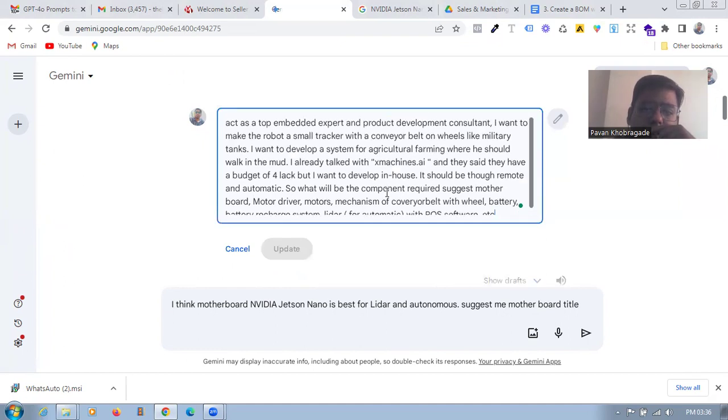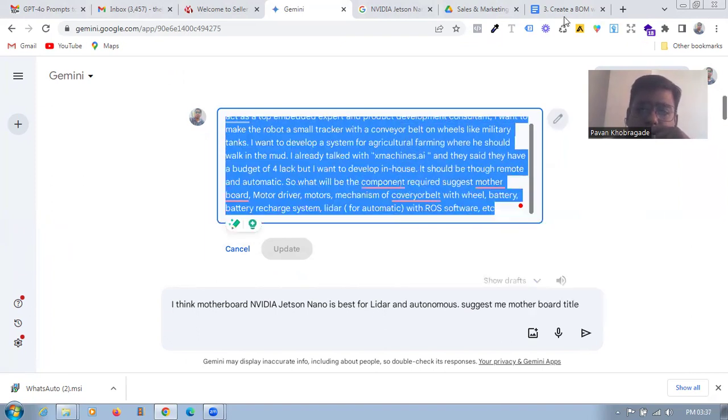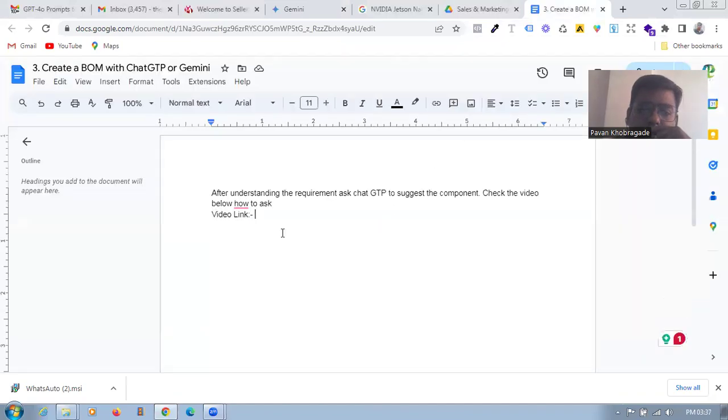In Gemini, you first have to define what your requirement is and ask Gemini what components would be required. So here is my command for ChatGPT. I am copying it and pasting it here. So here is the example. Example ChatGPT command